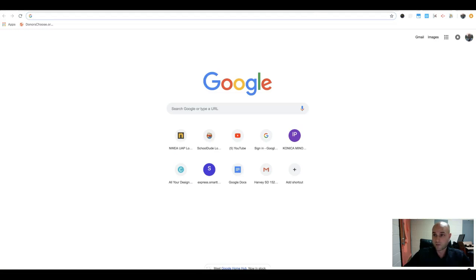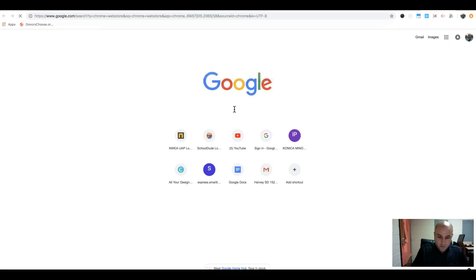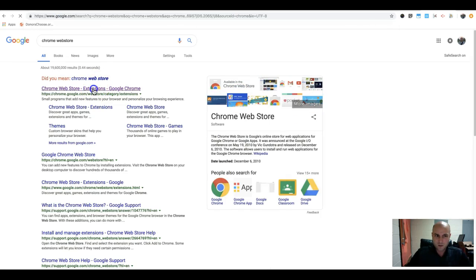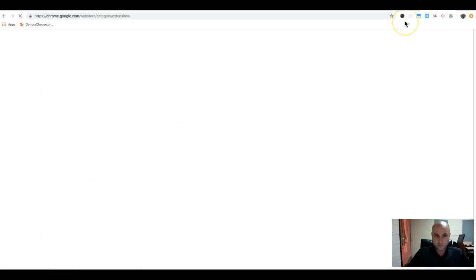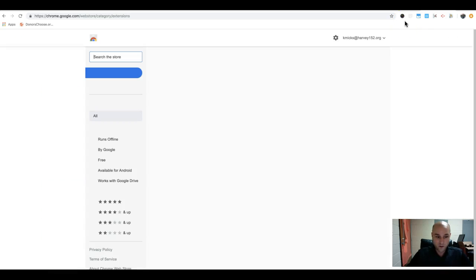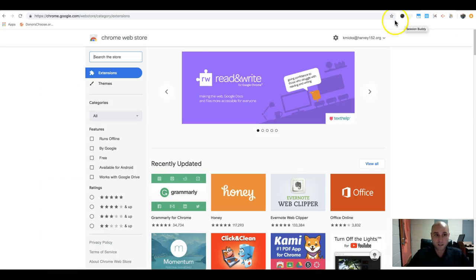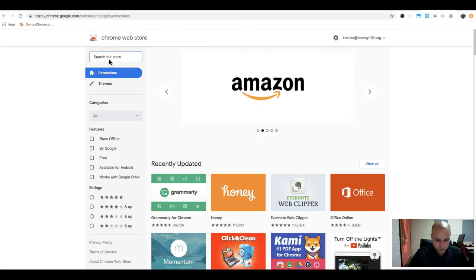So what I'll do is I'll just go over to a new tab and I'm going to just type in the Chrome Web Store. And this is basically like the App Store for your Chrome browser. So first you have to be using the Chrome browser. If you're using Firefox or Safari or something, you have to be using the Chrome browser. So I'm just going to type in Screencastify,